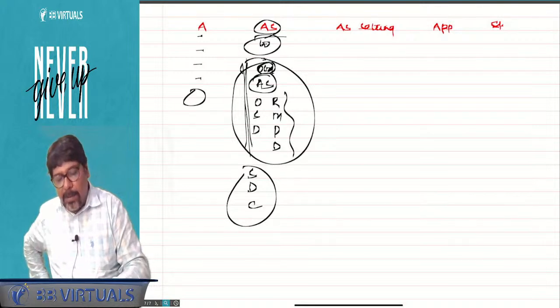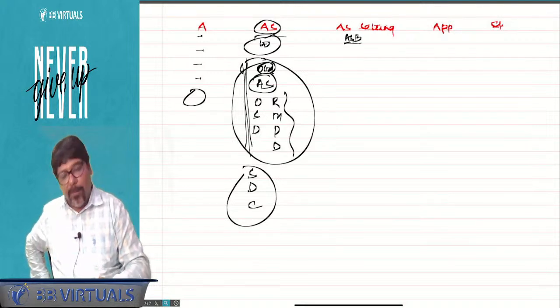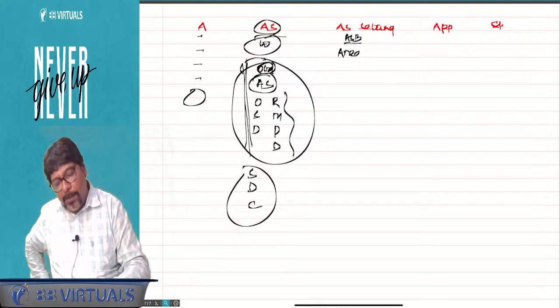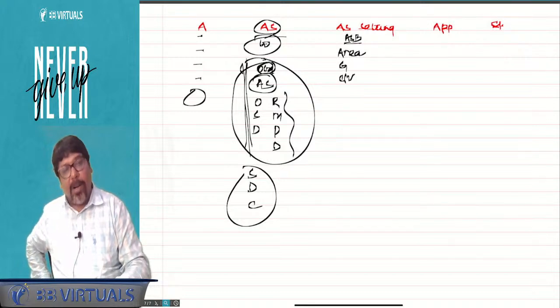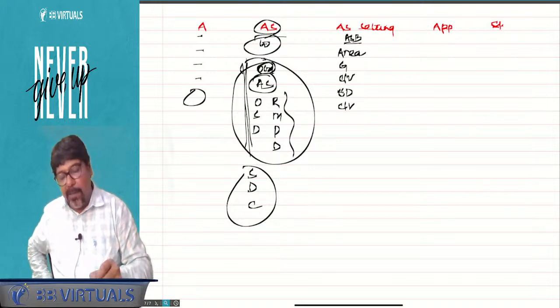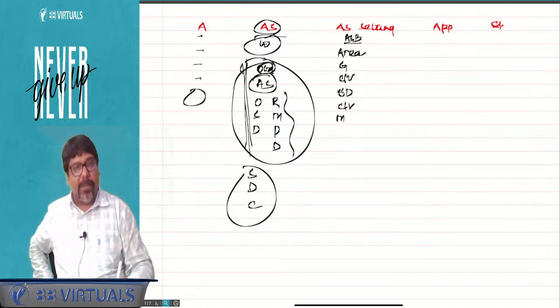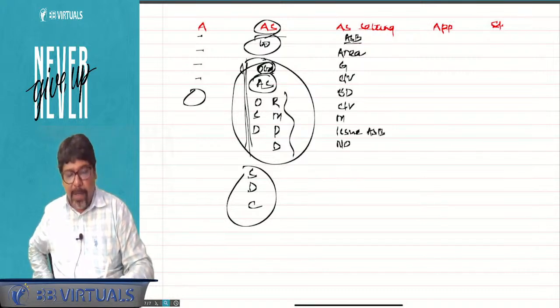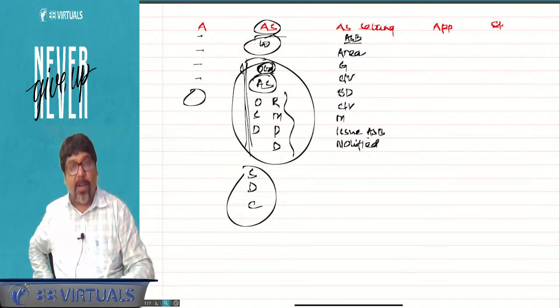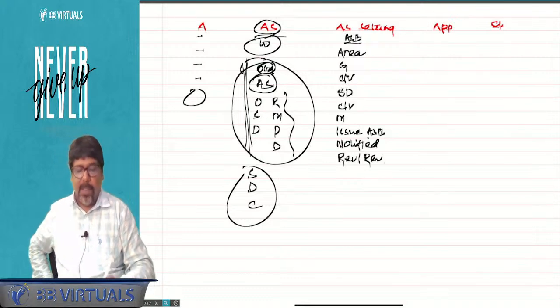AS setting up process. Who sets up AS? ASB. First they decide the area or the issue. Then they prepare the group. Then there are comments and views. Then incorporating comments and views, they create an exposure draft. Again there are comments and views. After incorporating the comments and views on the exposure draft, they do modification. Then they issue the AS by ASB, ICAI. Then it is notified by NFRA and MCA to the company. Am I clear? And last is revision and review.